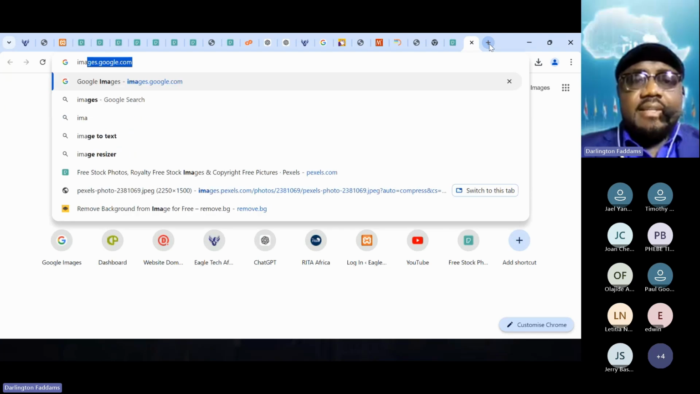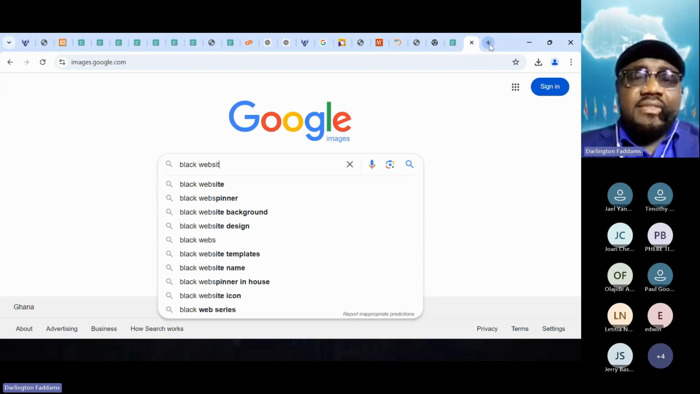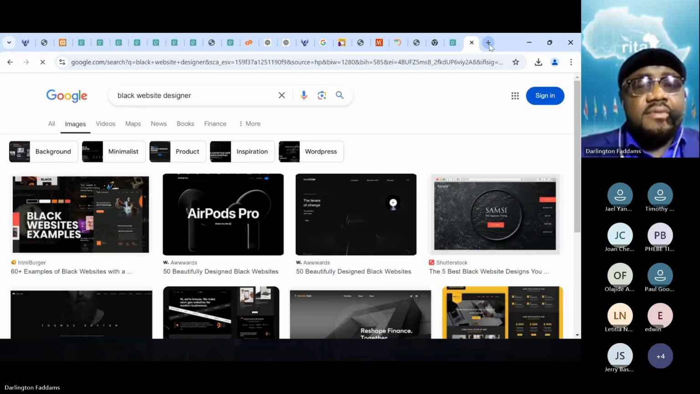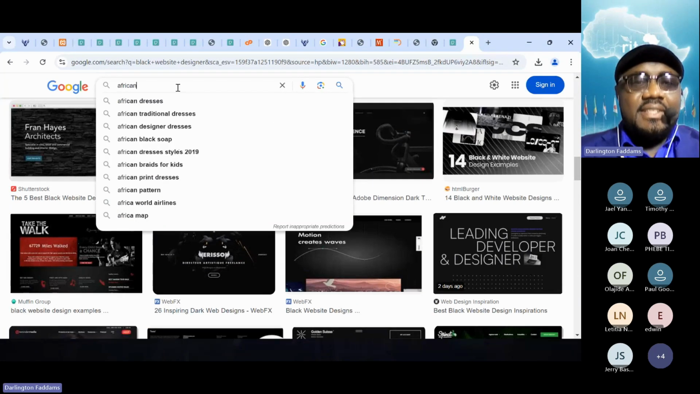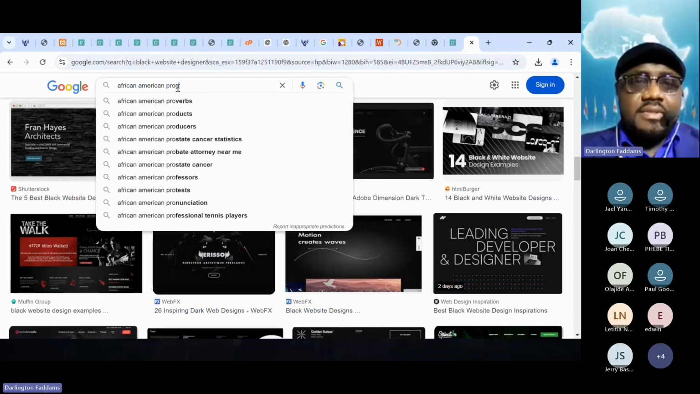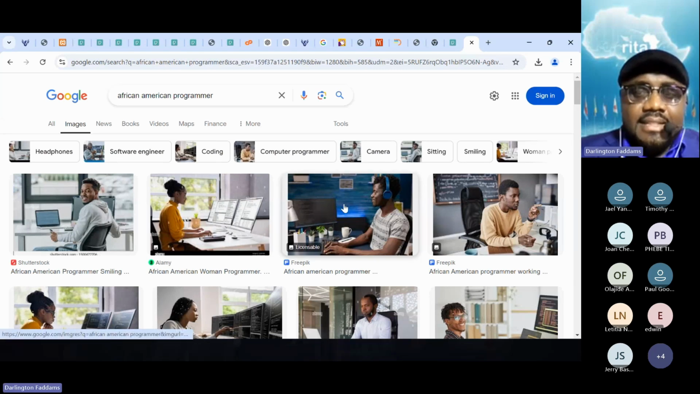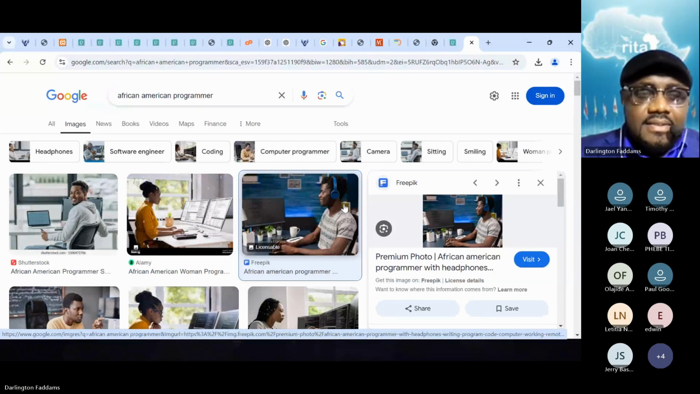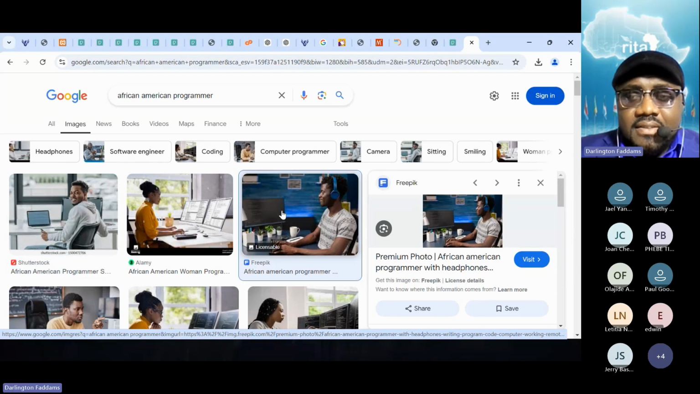Let me check here and see. As for here, you can type what you want. Website designer. African American programmer. So something like this or something like this. But this is a stock image. You need the license for this. So this is free pick. This free pick,